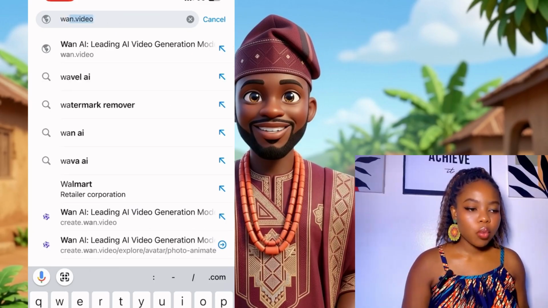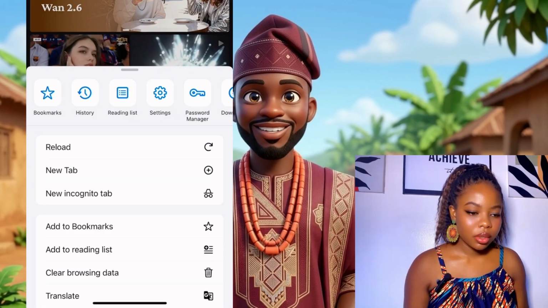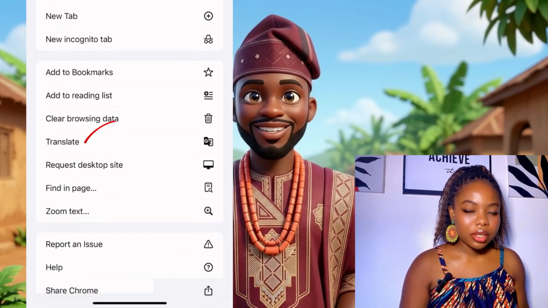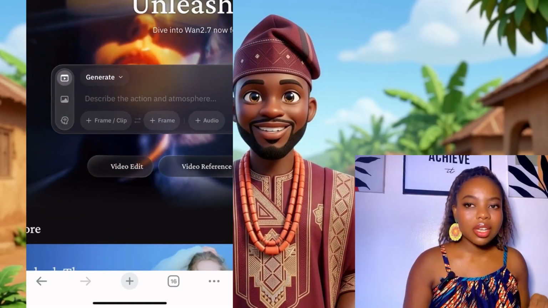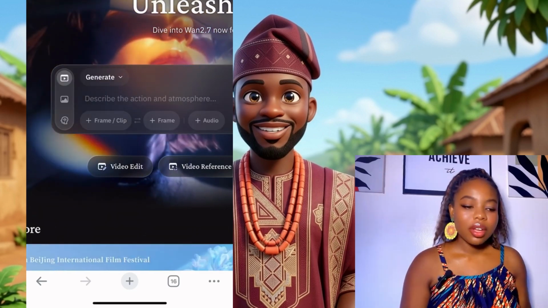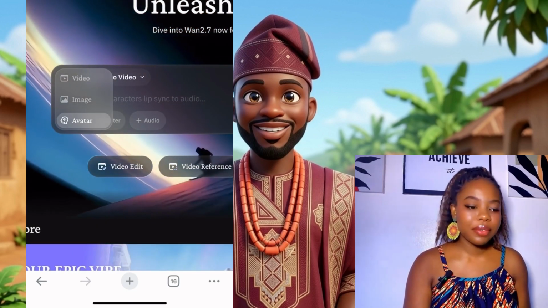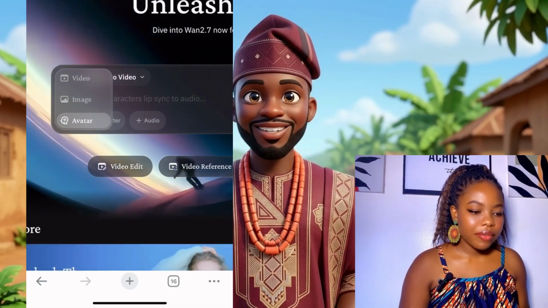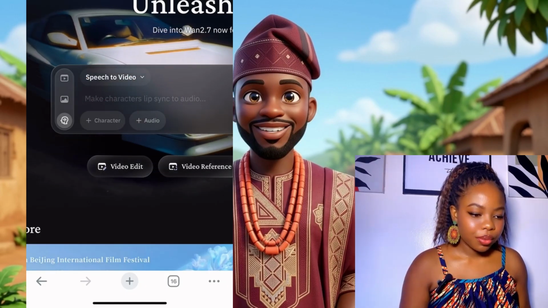So I'm going to type one dot video, then click on try now. Then you change to request desktop site. If you're using your mobile, you must use desktop site for you to use this app, please. Because if you did not do it, you will not see this particular interface. Okay, then click on avatar, select speech to video,